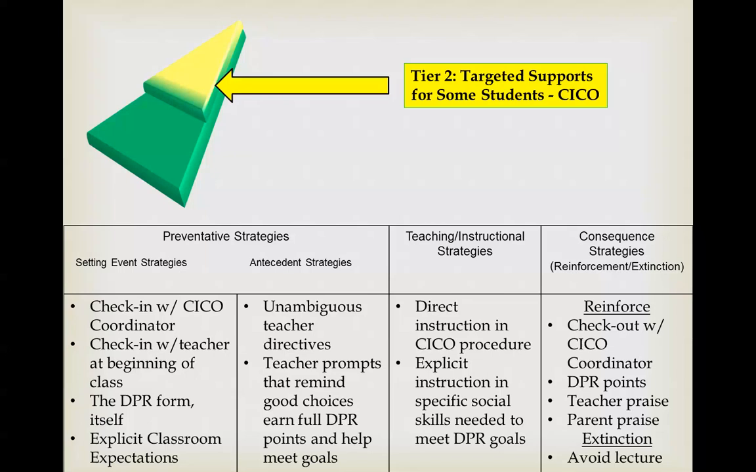What are the teaching strategies here at Tier 2? It is direct instruction in the check-in, check-out procedure, and then explicit instruction in specific social skills needed to meet DPR goals. So that if there's a behavior that the student is engaging in that's going to undermine his success with the DPR, we need to teach the behavior. If it's raising a quiet hand instead of calling out, then we need direct explicit instruction in hand raising, and not just lecture the kid to stop calling out, but to actually have mini workshops